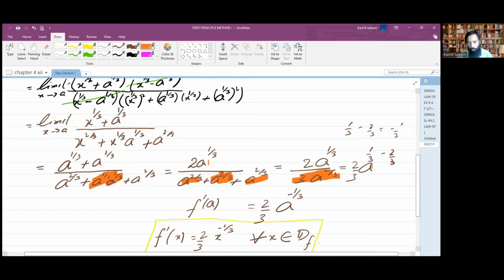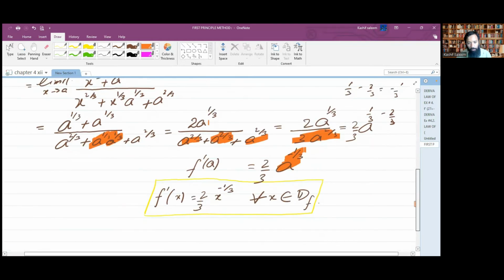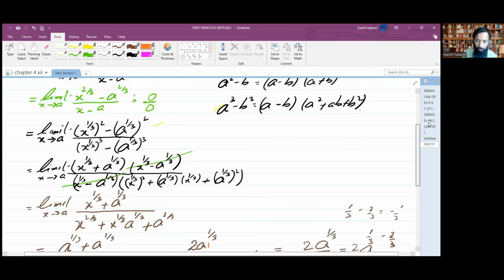Now what you have to do, a to the power 1 upon 3 minus a to the power 2 upon 3. We subtracted the power, so a to the power minus 1 upon 3 comes to you. This is your answer for the derivative. So here we have replaced a with x. So for all x belonging to the domain of f, we have derivative 2 upon 3 x to the power minus 1 upon 3. So now let's move on to the next question,